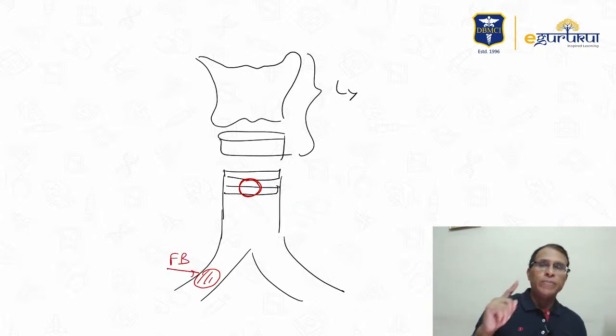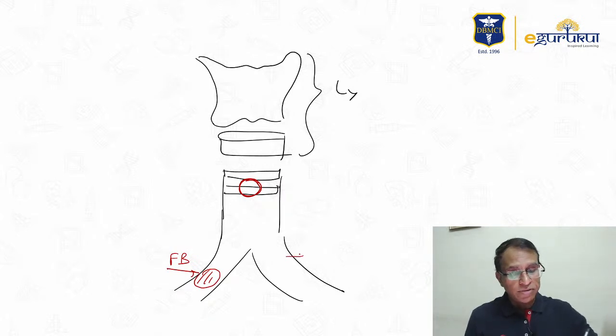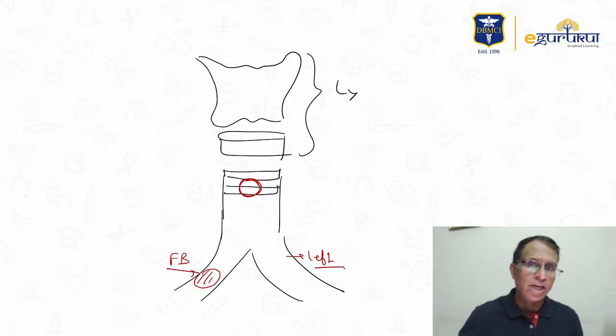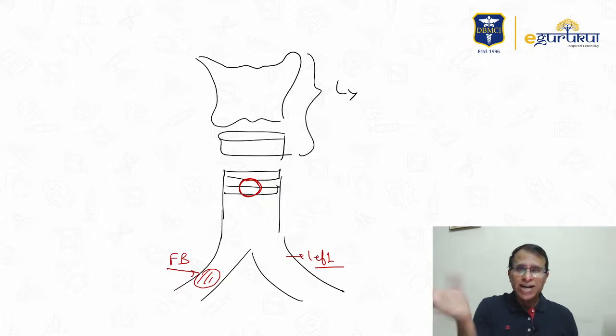This patient has no emergency. Why? Because you can still breathe from the left side. Normally, with one lung, you can survive the whole life. There is no emergency, no serious obstruction. There may be a slight problem, but it's not an obstruction. So why will you do tracheostomy? Okay? You will not do tracheostomy.